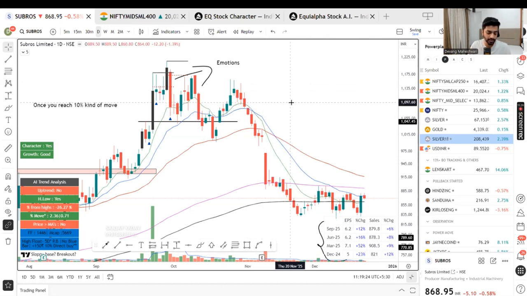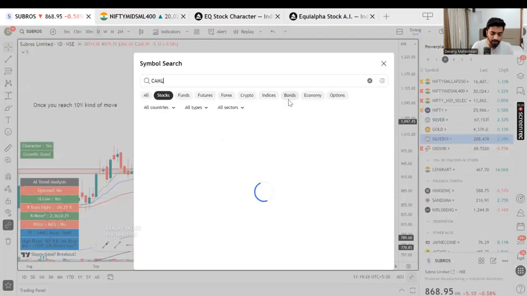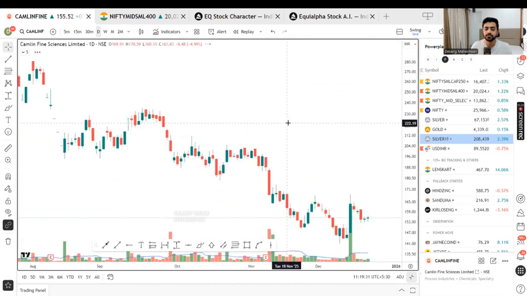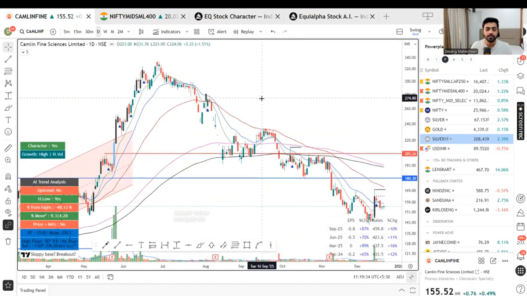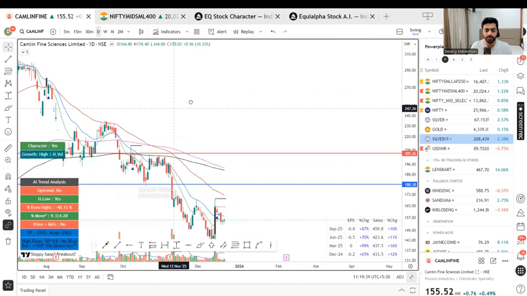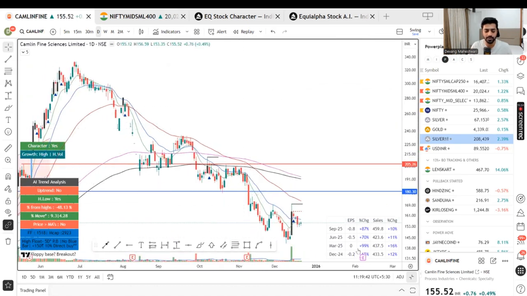And results are very volatile. Look at Camlin. It was Camlin Life Sciences. This was the result. It was not a gap down, but simply on result. Now look at this growth rate here. Someone was saying high double digit also. 87% profit growth came up here. September, and on that day this was the result action, 10% down on that day. Result came after market, and next day 10% down.